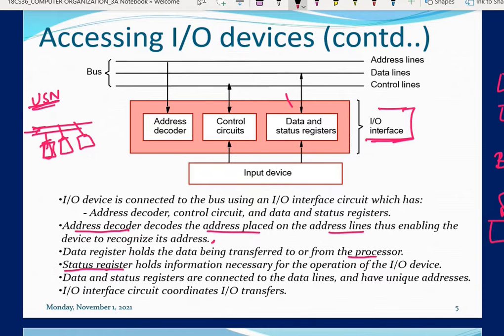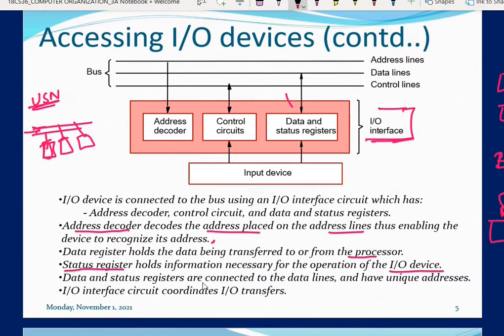If it is 0, it indicates the device is not ready. If it is 1, it indicates the device is ready. That information it is going to store in this flag. So we will come to know when we use these status registers. The status register holds information necessary for the operation of the IO device.